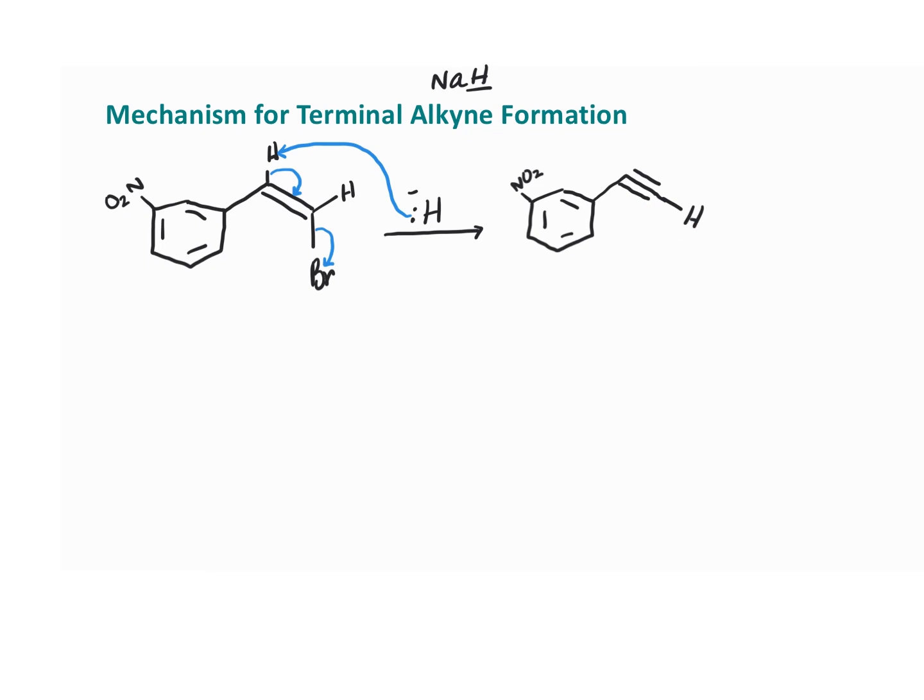Okay. Now, the other thing that we also have is hydrogen gas. Okay. And then we've got some Br minus rolling around. Now, this is an E2 reaction, and this is going to undergo a proton transfer pretty quickly